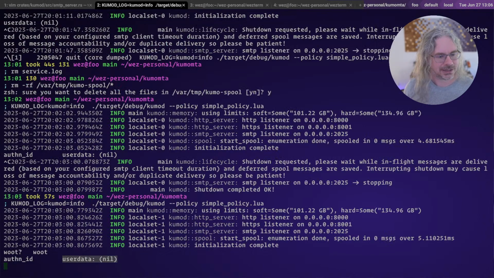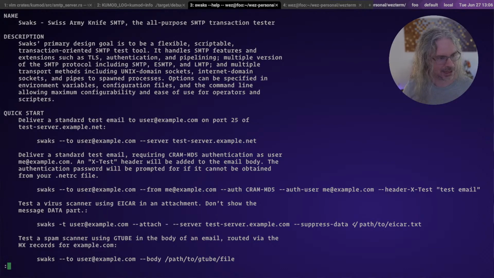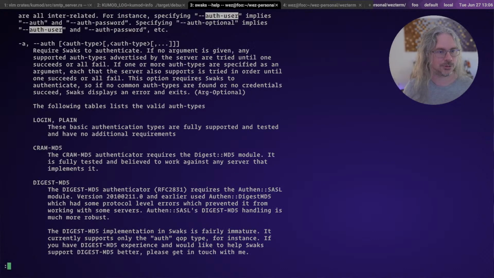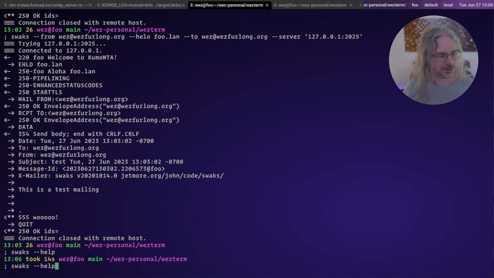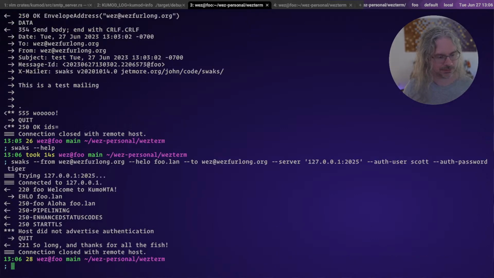Okay, so let's try this with authentication set then. I have to remember how to do that with Swaks. Let's see. It has a lot of help. So we've got auth user. Okay, well, yeah, this might be very easy. So is there an auth user and auth password? Oh, that should be very easy then. So if we do this and we do auth user, remember I said it's Scott and Tiger. Spell that properly. So now,